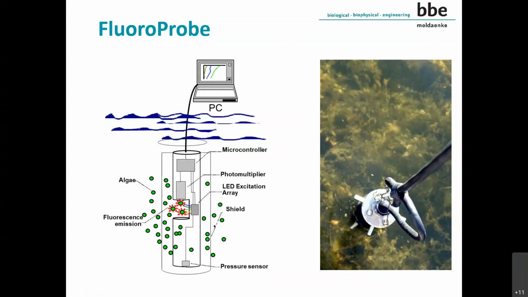So a 10-meter profile can be done within, let's say, around about 30 seconds. So that means a very fast instrument, and more than 500 instruments are used all over the world. And I think this is also a good instrument, or maybe the best instrument available to perform